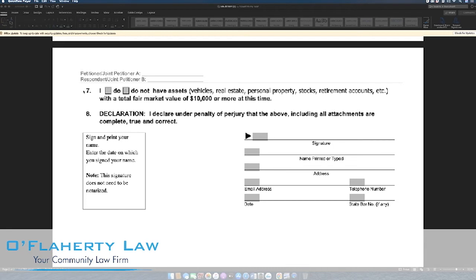And then paragraph 8, the final paragraph, is your declaration. I declare under the penalty of perjury that the above, including all attachments, are complete, true, and correct. And then you'll sign, date, the signature block, give your contact information. They only put the state bar number down there in case an attorney wants to use this form. Just remember,